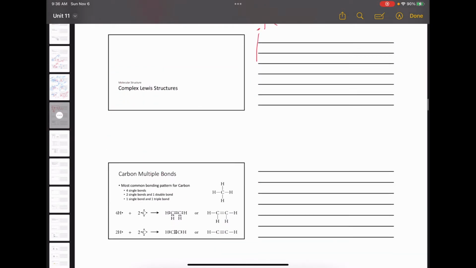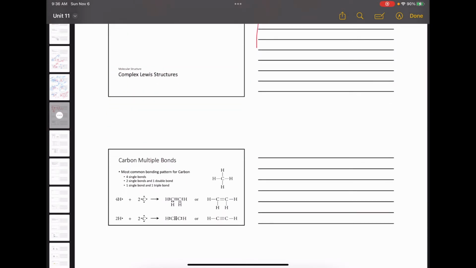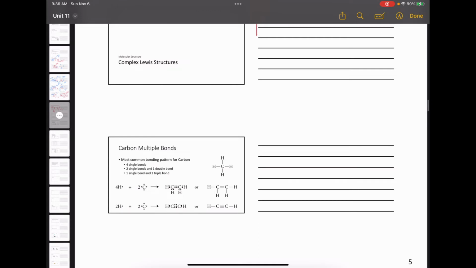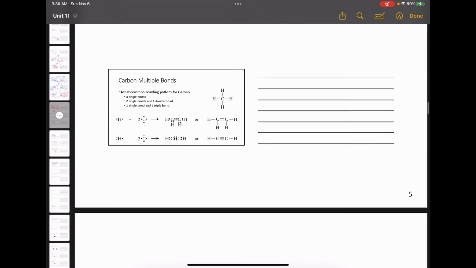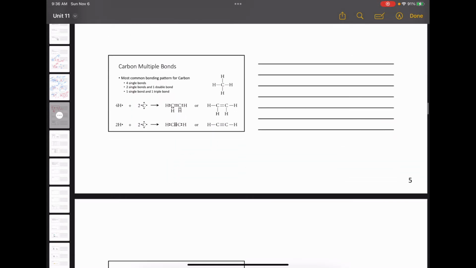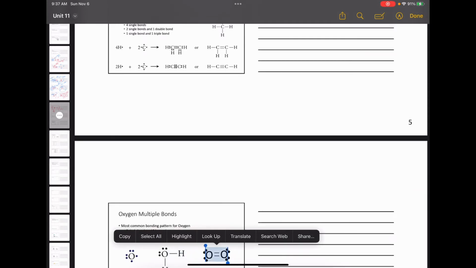So let's make things a little bit more challenging and try to draw more complex Lewis structures. So when it comes to carbon, I think up to this point, we all agree that carbon always forms 4 bonds or 4 single bonds, okay? What carbon is also capable of doing is satisfying that 4 bonds through multiple ways. That can be either by forming 2